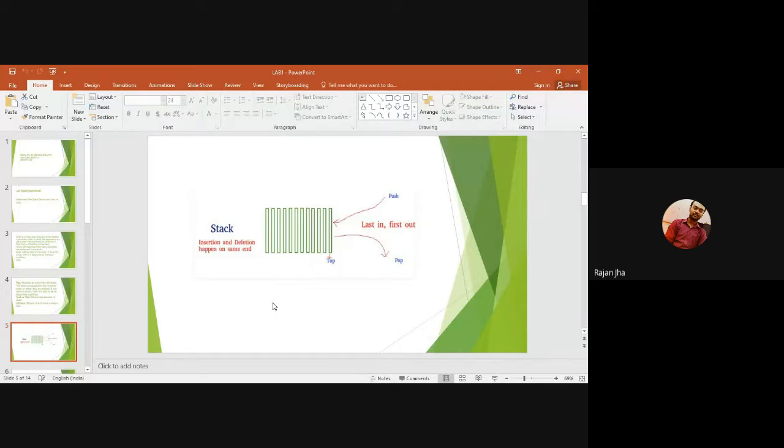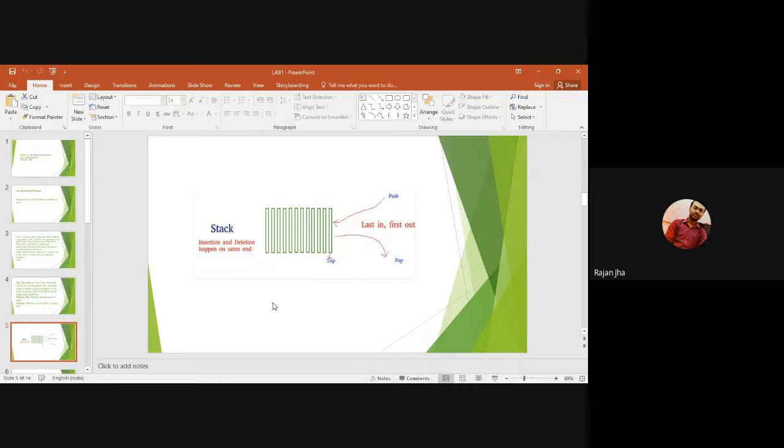This basic diagram shows the basic stack operations: for push and pop operations, we start from the top. Whenever we want to push an element, it will be pushed on the top of the stack, and if we want to pop an element from the stack, it will be popped out from the top position only.